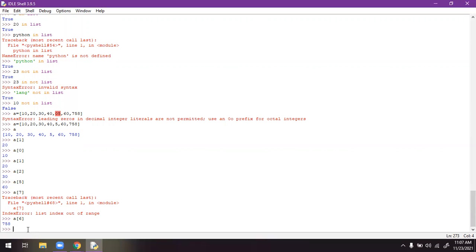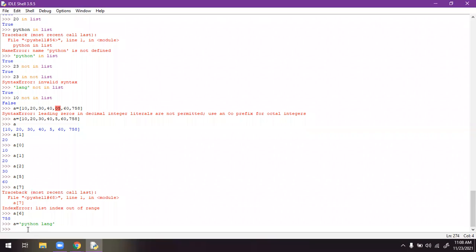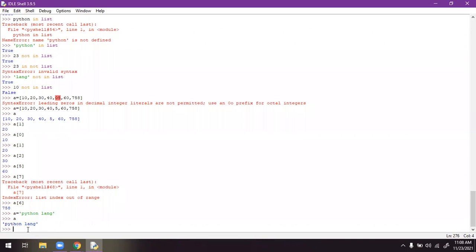We can do the indexing for these list variables, and you can apply this concept to string values also. For example, a = "Python lang". If you hit enter, you will get a as Python lang.